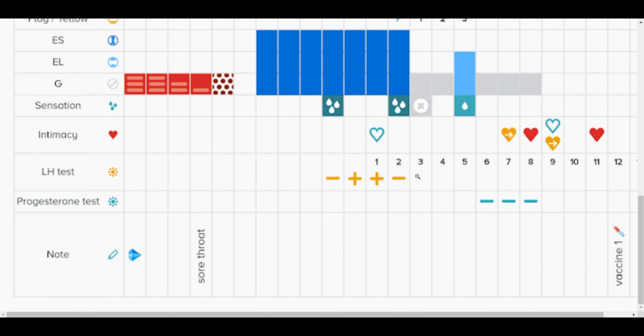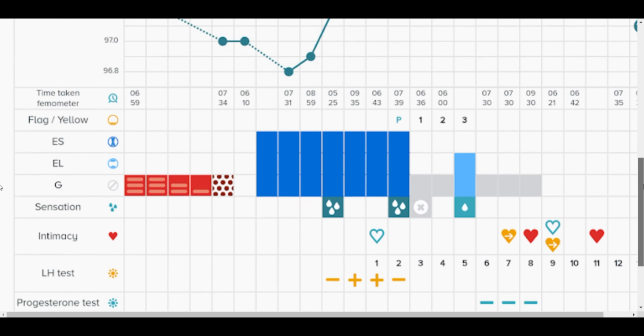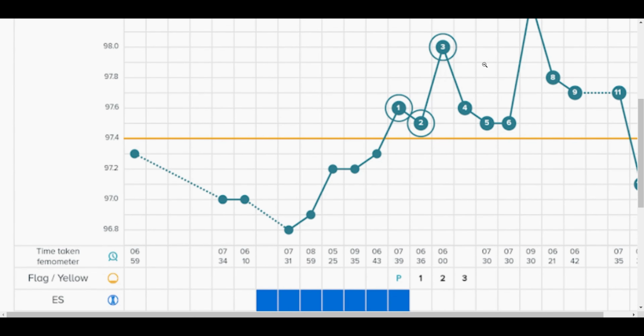I think that's a huge misconception. We only really need to do it for a few days per cycle. As you can see here, I only ended up needing to do it for 4 days before I was able to get the information that I needed. So that's all that I'll say about that for now, but it's just a handy biomarker, because if for some reason you're not able to get enough temperatures during your fertile window,